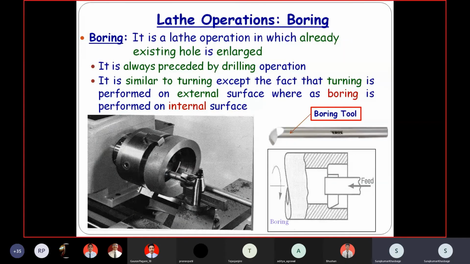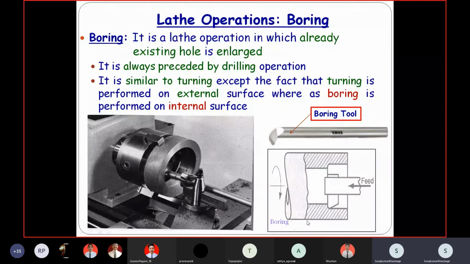Then the boring operation. You know the drilling operation. Drilling is used to make a hole. But if you already have an existing hole and you have to enlarge that hole, for that purpose you can use the boring operation. So this is the chuck which carries this hollow cylindrical job, and suppose we have to increase the internal diameter of this cylinder.